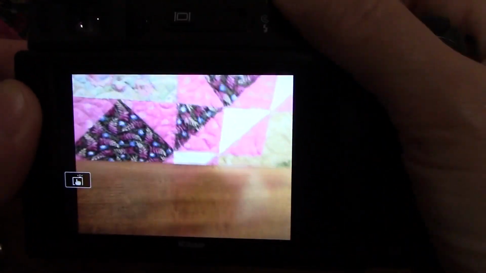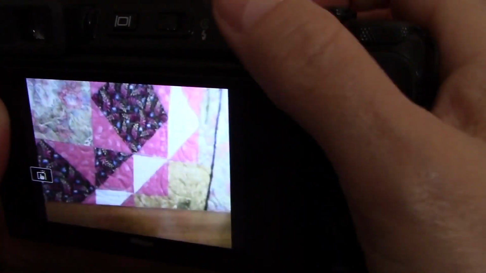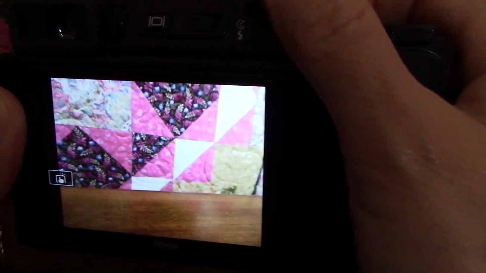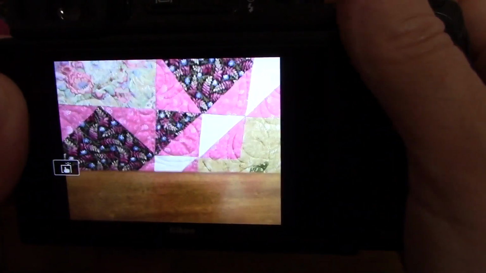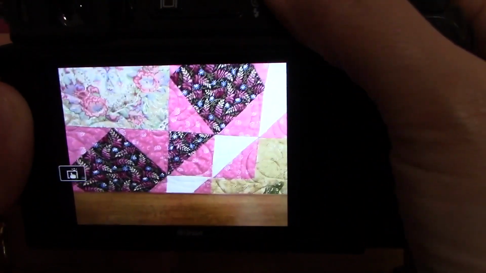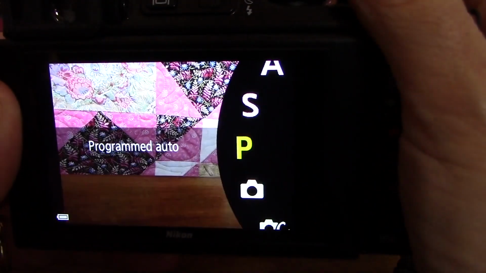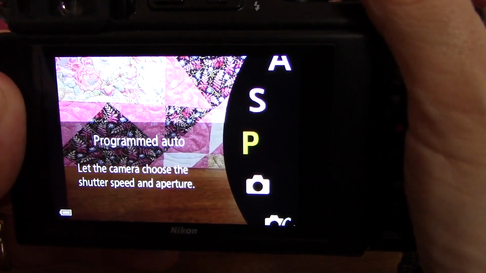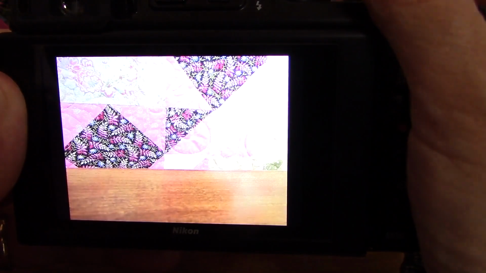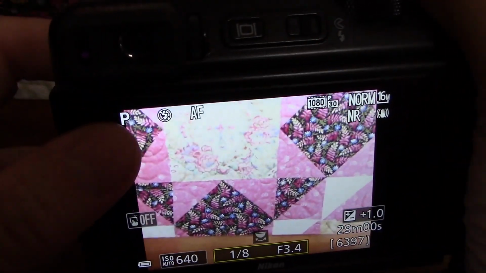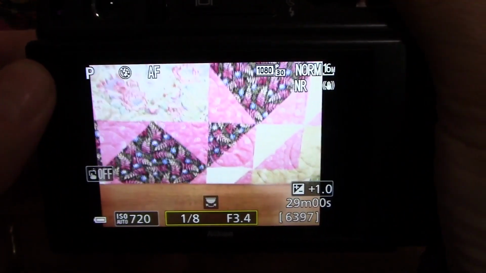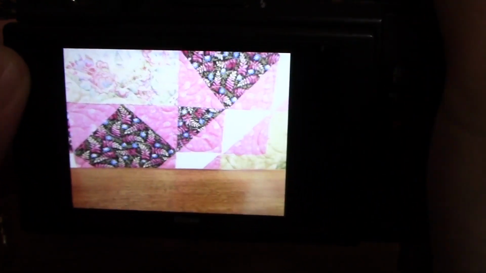When you change modes using the mode dial, you get a screen which briefly explains the mode you're in. For example, if I turn to programmed auto, it says let the camera choose the shutter speed and aperture, and the icon up in the corner will change to a P. Okay, so going back to auto,